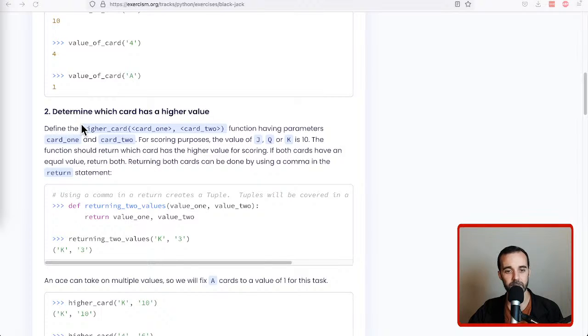So we're looking at this next portion of the problem that says we have this higher card thing. And we've got card 1, card 2, and the same scoring. I think it also tells us what to do about the ace. Now here's where it was weird. I read these directions before I started the stream. And it says if both cards have an equal value, return both,